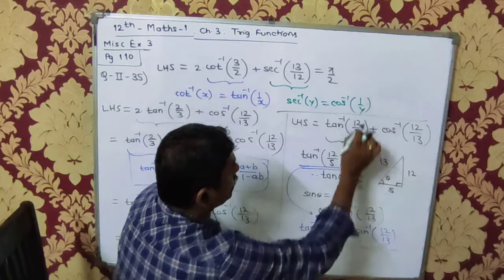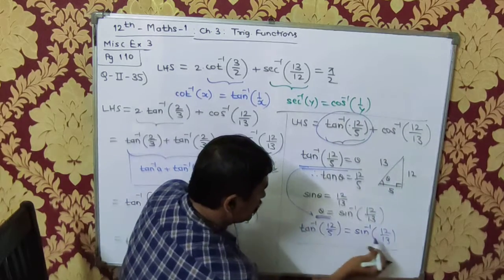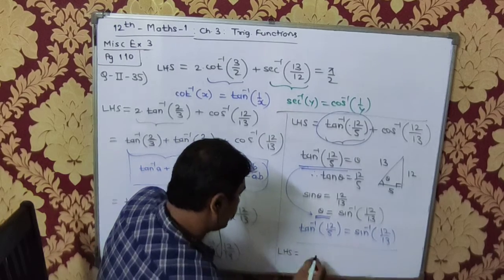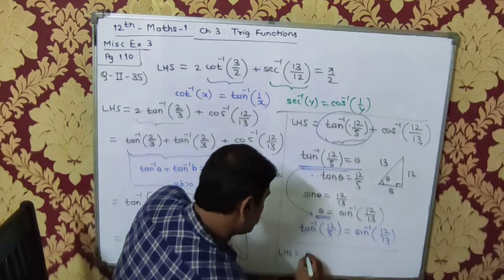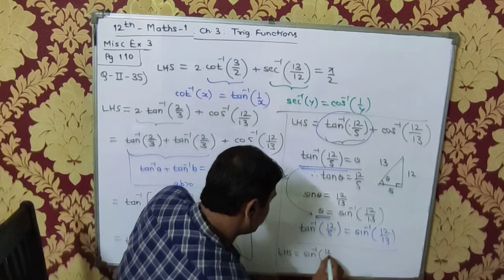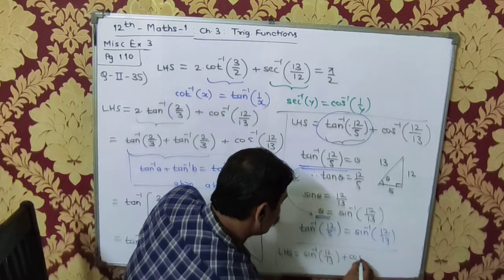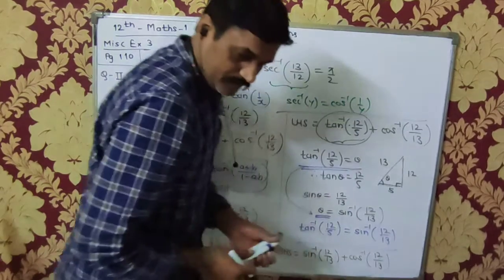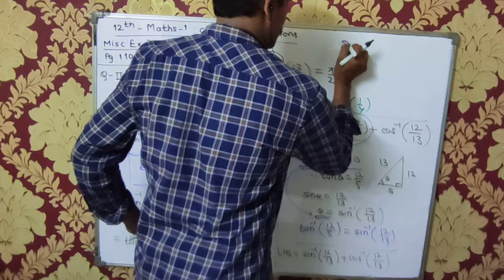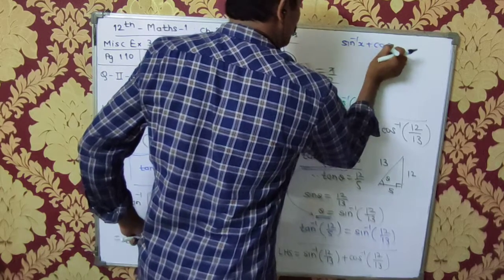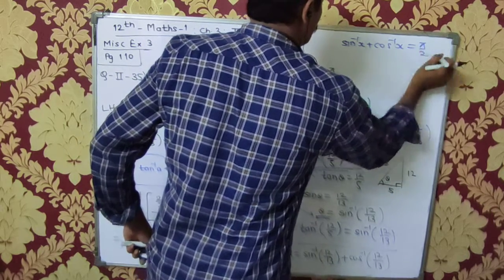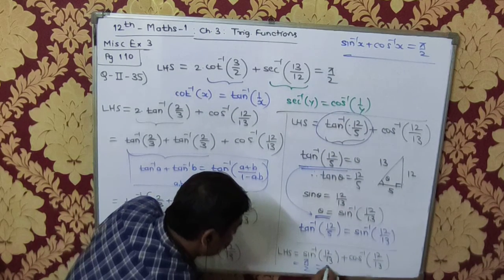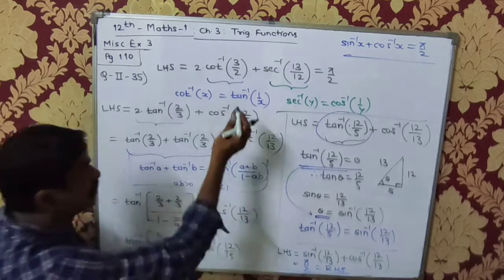This means that here, instead of tan inverse of 12 by 5, I write sin inverse of 12 by 13, so what will LHS be? LHS will be, in its place, sin inverse of 12 by 13 plus cos inverse of 12 by 13. And I think we know this formula, probably everyone knows that sin inverse of x plus cos inverse of x is equal to pi by 2. So this is the same angle, so this is equal to pi by 2 and that is equal to RHS. Hence proved. Please check whether this is clear.